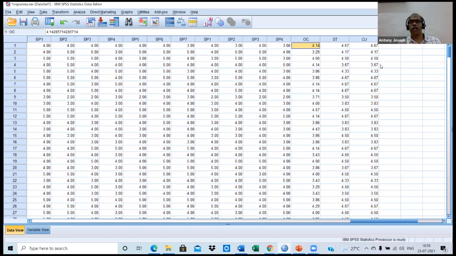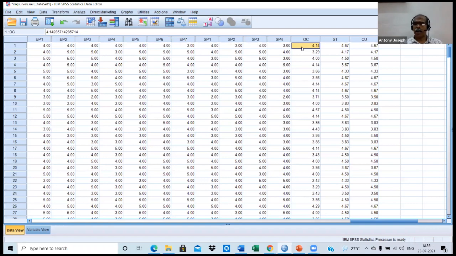Okay, this is the process where we are actually constructing the scale and getting measurement. You see, simply look at these figures. Actually, the scale is a 5-point scale. In case of my scale, the figures range from 1 to 5.